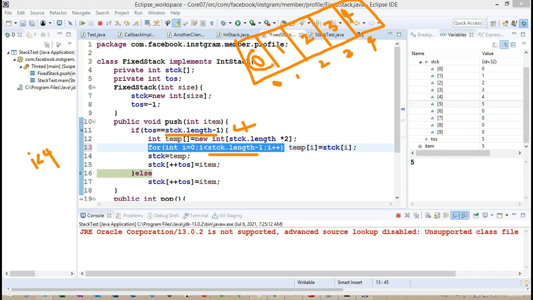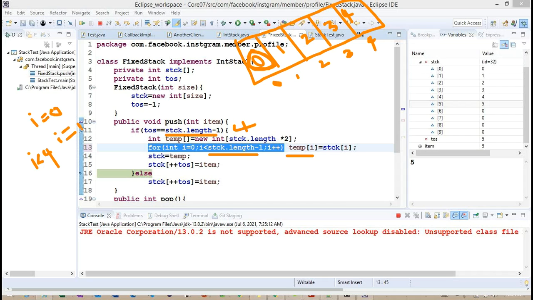So what happens internally? This particular 0 value is inserted into temp. So 0 is completed, meaning i equals 0 is completed.